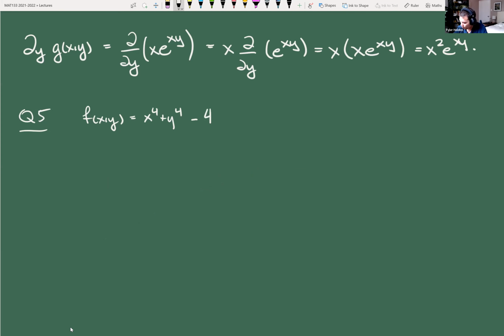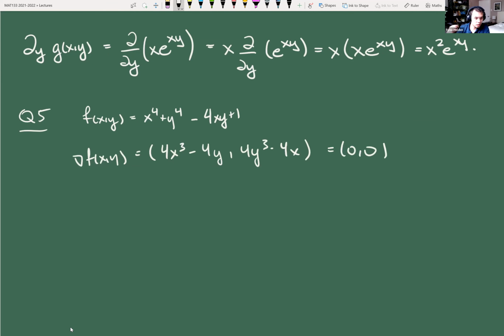All right, so 4xy plus 1. All right, so we compute the gradient of this thing, right? Again, I hope Aziz sort of did this for you. So minus 4y and then 4y cubed minus 4x. And this has to be equal to 0, 0. So this gives us two equations, two unknowns. But generally, these things could be,